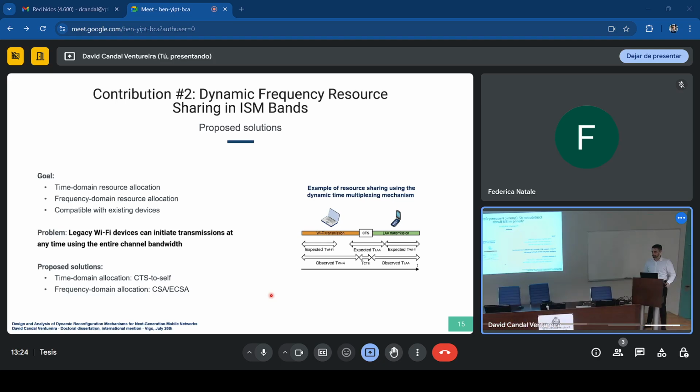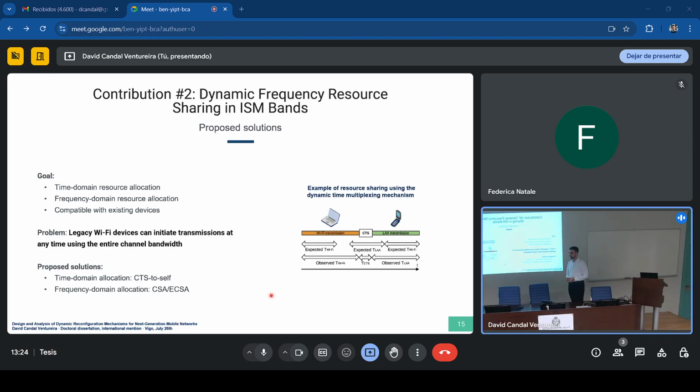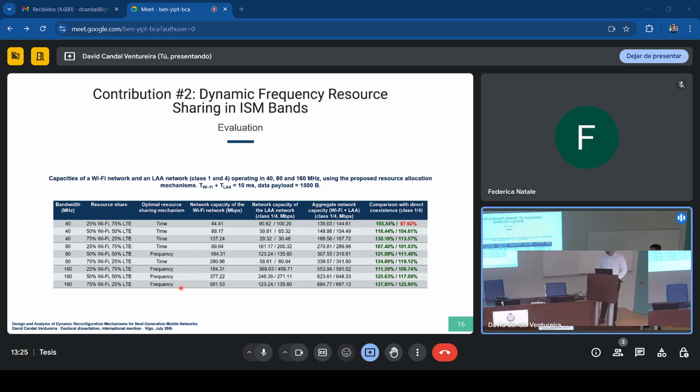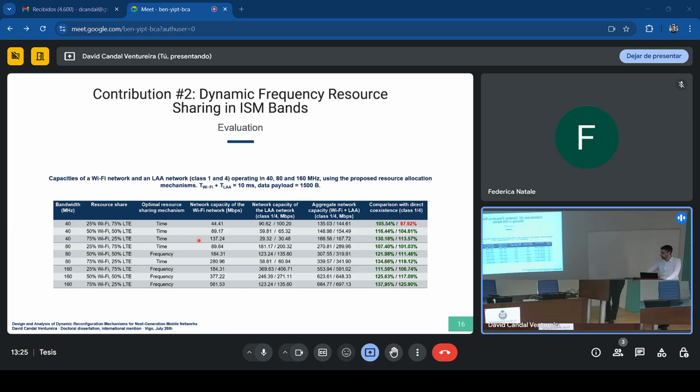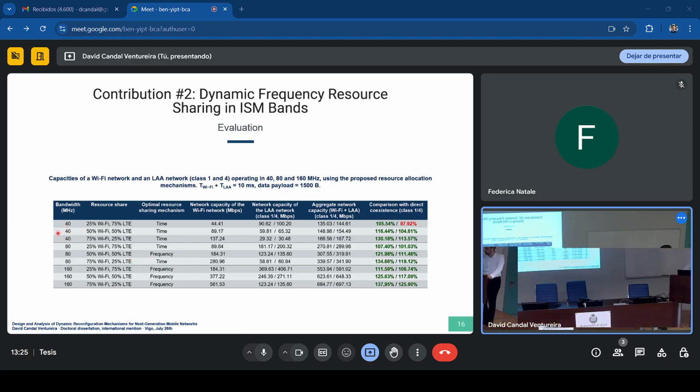So yeah, that leads on to my next question, because then you clearly have two alternative approaches, advantages, disadvantages, and if you wanted to deploy this solution, which are the ideal scenarios? You mean why choosing time versus frequency? That's better explained in the thesis, but the thing is that it mostly depends on the bandwidth of the channel in which we operate. For example, this is more easy to explain.